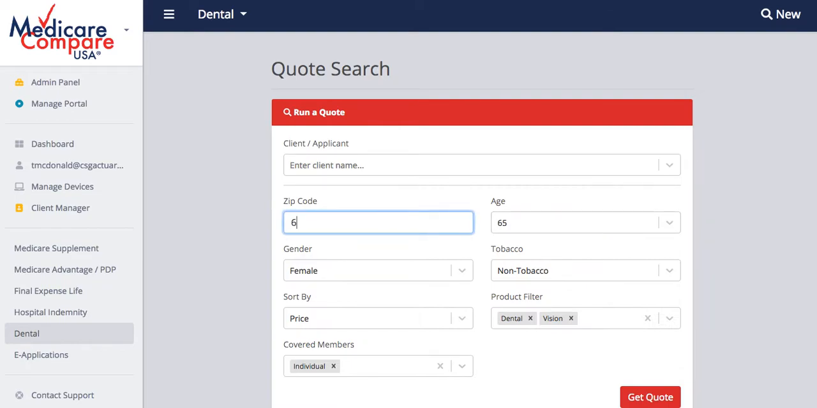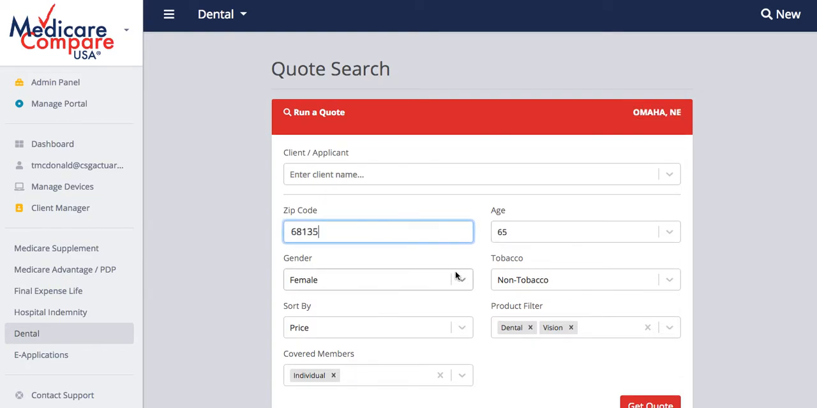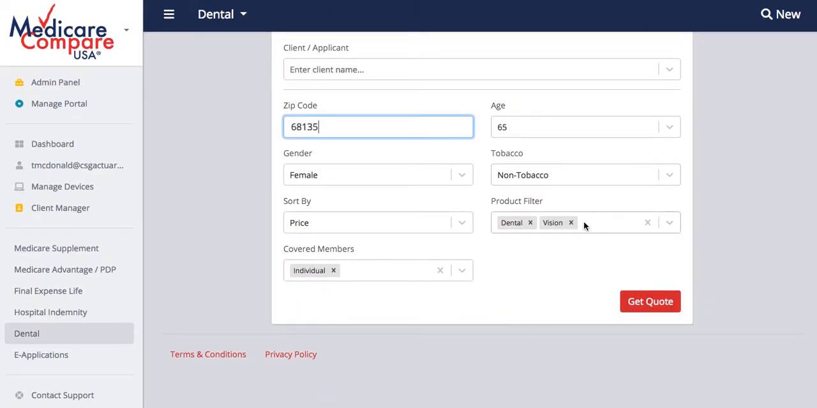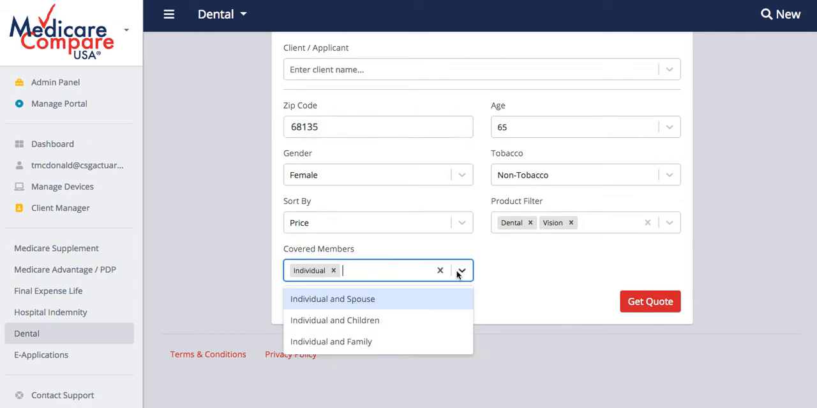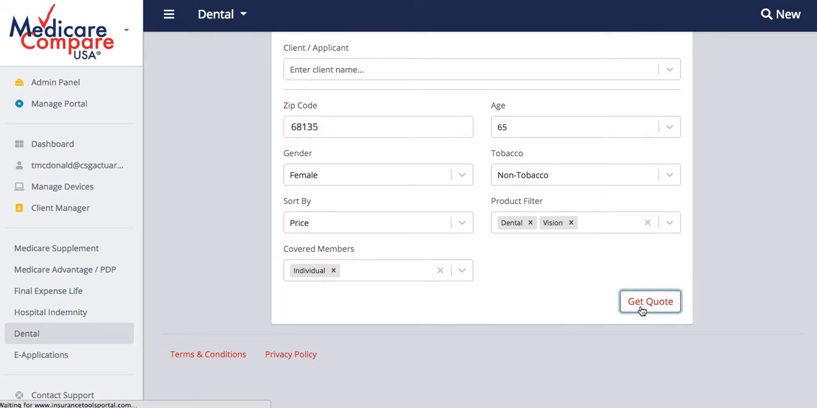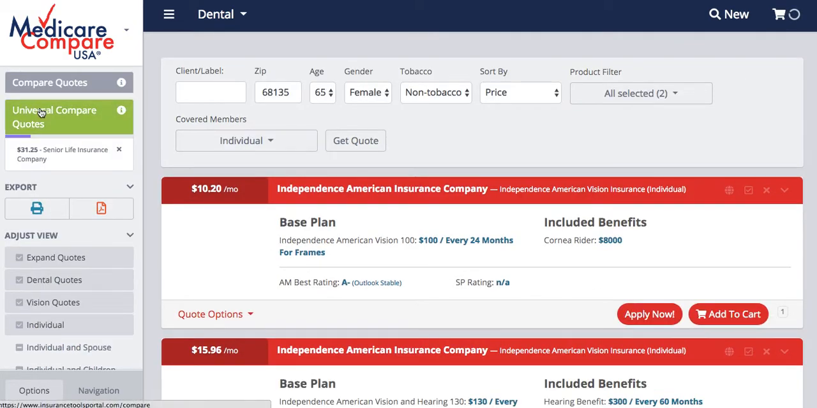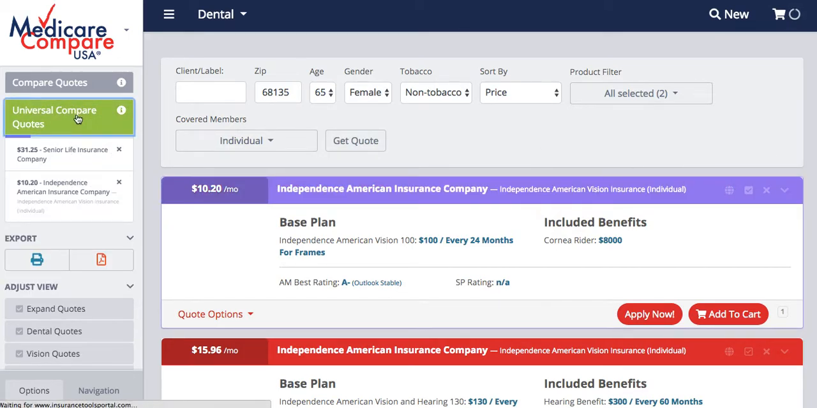So I'll enter the zip code, gender, age, tobacco status. Then we can choose if we want to see just dental or vision plans, and we can also choose our covered members. We will hit Get Quote once we've entered our information. And as we see the quote results, we will notice that under Universal Compare, we still have the plan that we selected. So if we now select this globe again, and then click Universal Compare Quotes, we can compare the